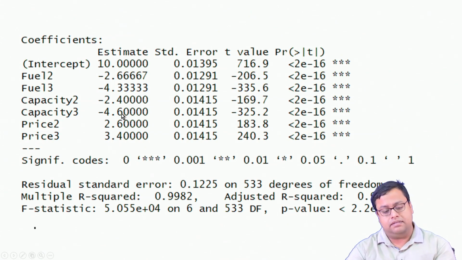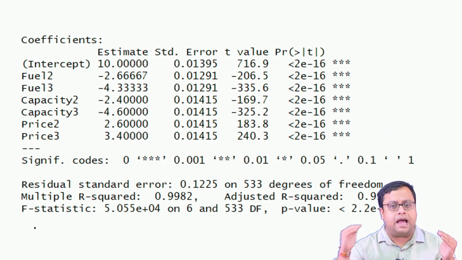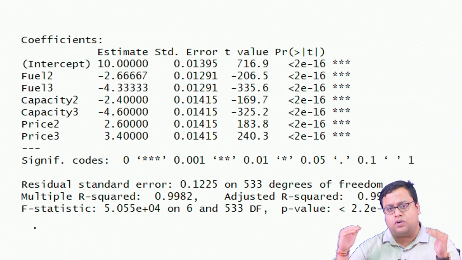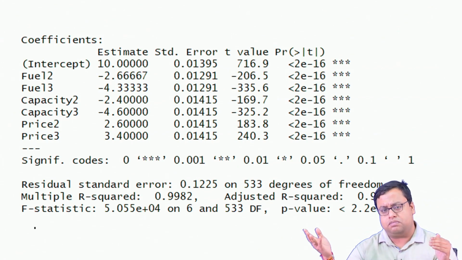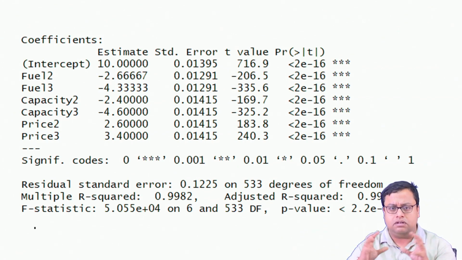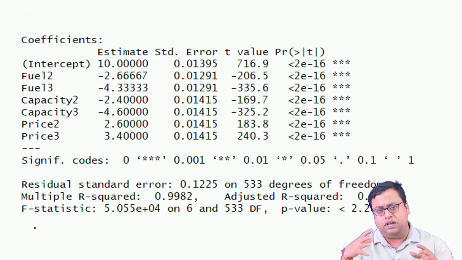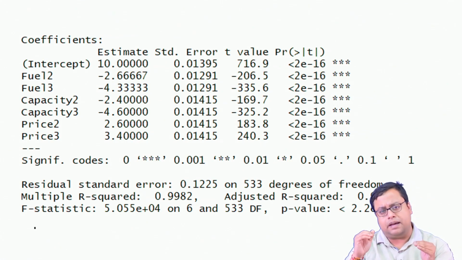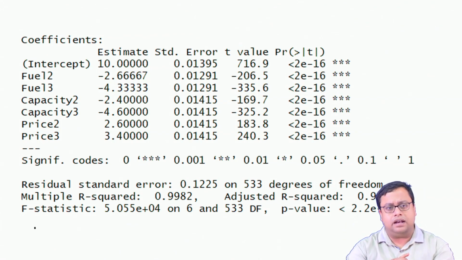else constant, minus 4.6. So, it is not that a 4 seater is less preferred, but if I keep the price and the fuel as constant, let us say for the same price 8 lakh rupees, will you prefer a 4 seater or 8 seater, depends on what kind of car you want to have, but here at the overall level we try to find out that okay, higher capacity is preferred, as simple as that, and then higher price